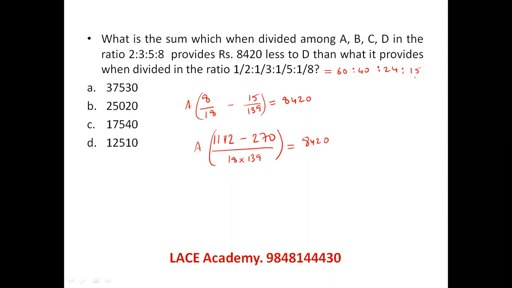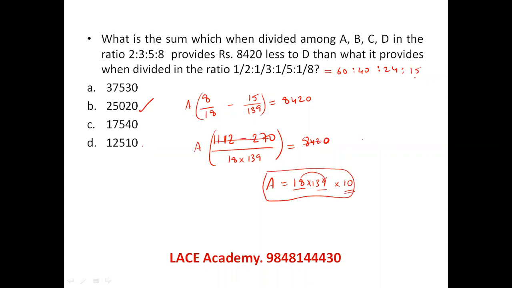Now we see 1112 minus 270 is exactly 842, and that 842 and this 842 get cancelled, 10 will be remaining here. So your amount actually is 18 into 139 with a 0. So your answer should end with 0. All the answers are ending with 0. And 18 into 139 is a number which ends with 2, because 8 into 9 is 72, unit digit is 2. There is only one option where the digit at the end other than 0 is 2. So this is the only option that fits in the simplification. Don't worry about multiplying this because our options are given friendly.